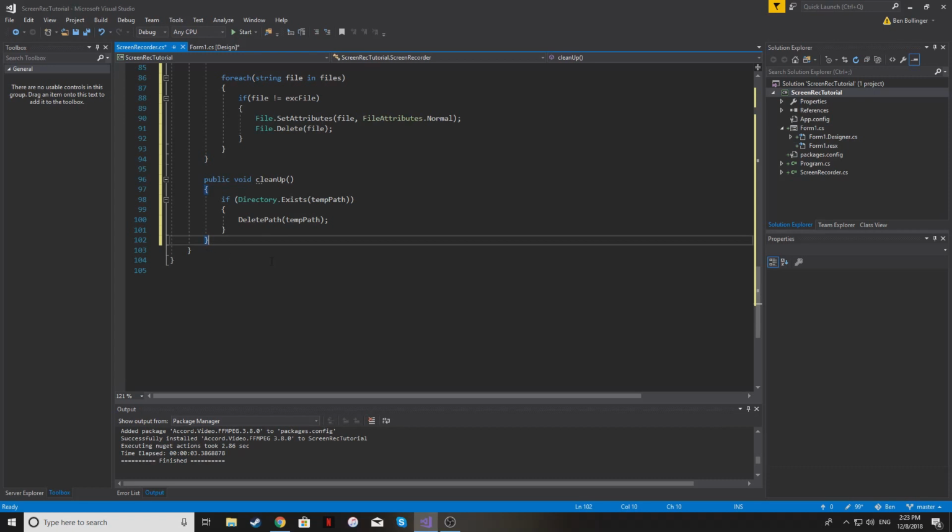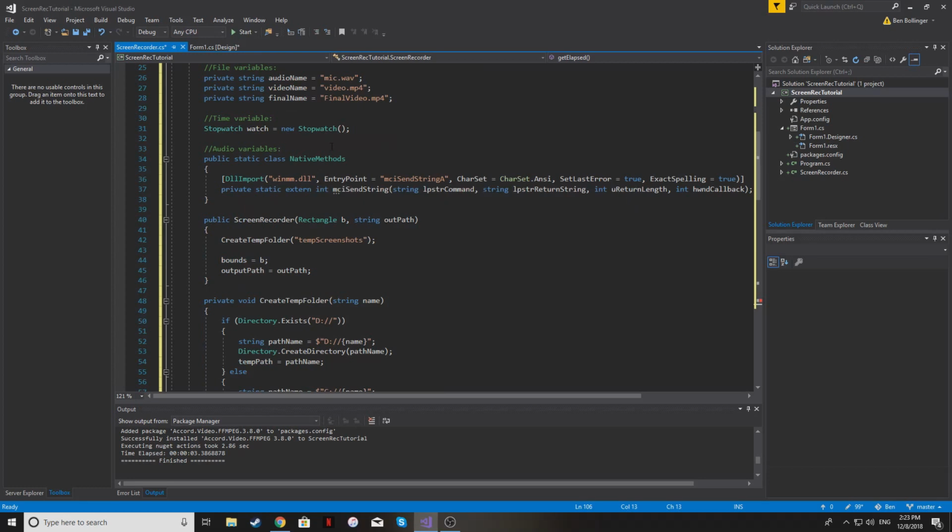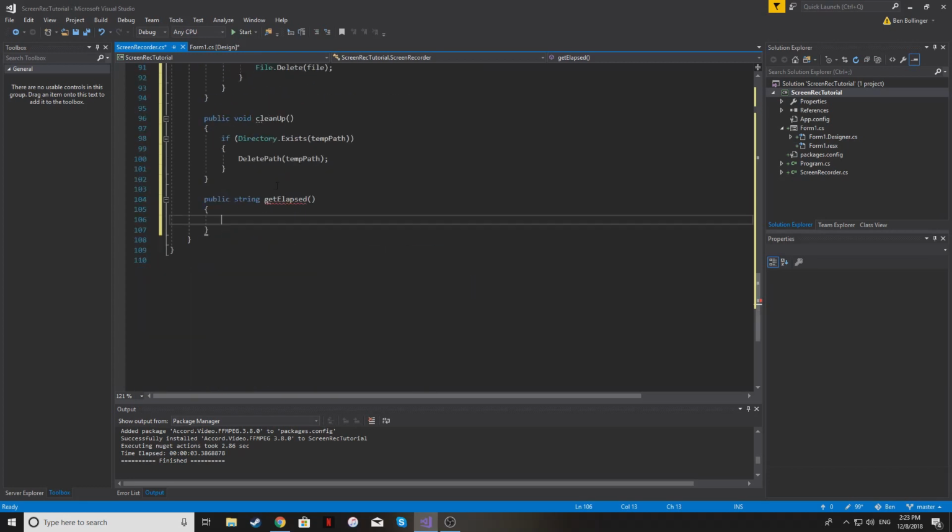And then so now we can actually start getting into more of the video related stuff. And so the first thing I'm going to do is I'm just going to create a method. This is going to be another public void, or actually public string, excuse me, called getElapse. And this is just going to return the elapsed time that the screen recorder has. And if you remember, we created a stopwatch object up here. Well, it's for this purpose, called watch. So I'm just going to say return